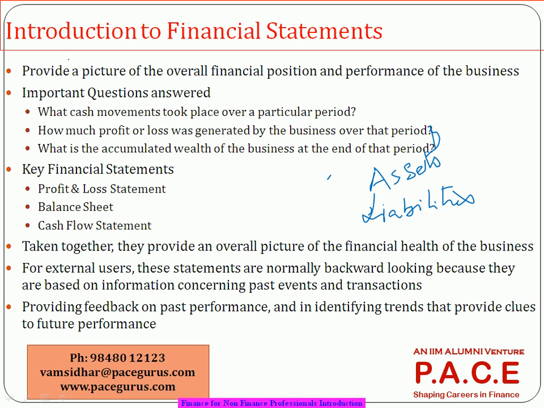Sometimes, just like in our individual case, if a bank has to give a loan, they ask us for our salary statement. Right? Any kind of loan. Why the salary statement? It's a source of consistent income. Even if I say I'll show you one more house, I'll keep the house as collateral, they don't prefer that too much. On the other side, they look at your salary statement. How consistent is your earning? What is your capacity to pay off interest and principal, the EMI, at regular intervals?